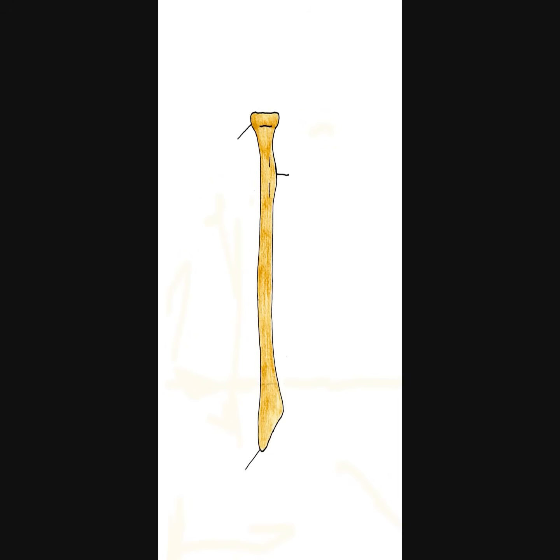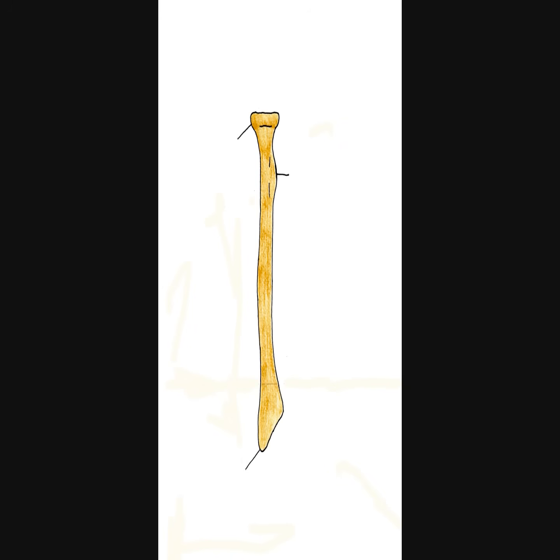Okay, next we have the radius. The radius is always located on the lateral side of the forearm. It's on the same side as the thumb. Okay, so the very top of the radius